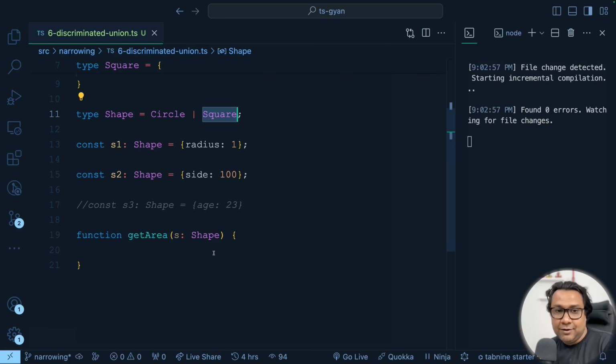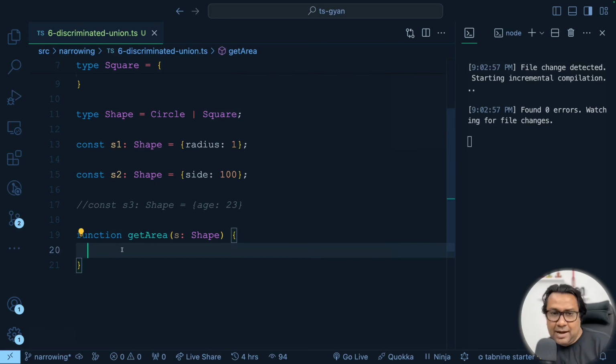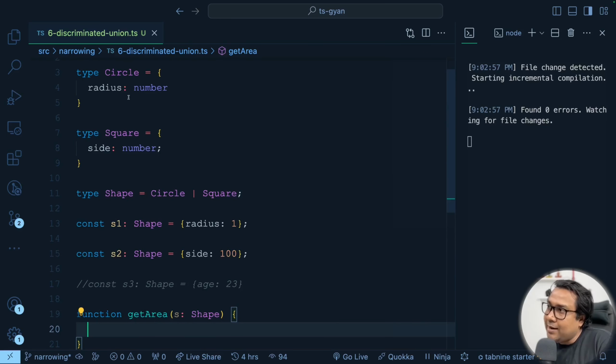The formula is different. So now I need something. I need some way to identify what is the type that I am dealing with over here, right? For that purpose, we need a common property to be available between square and circle that can clearly tell me whether I am dealing with a circle or a square. That particular property is called a discriminant. It is called discriminant because that property is used to distinguish between different types of